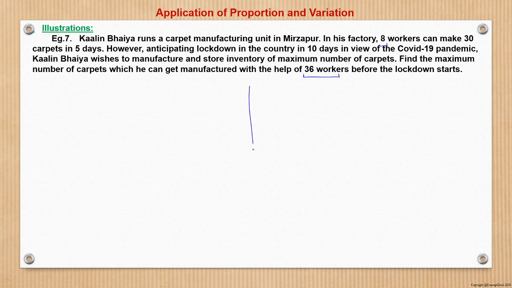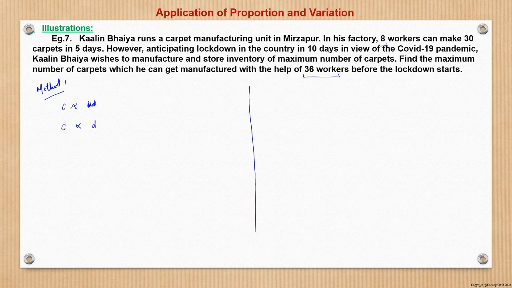So again herein also I go by both the methods. Method 1, we have to find the number of carpets, right? So C is proportional to what? More workers, more carpets can be produced. So directly proportional to the number of workers or manpower, let it be workers W, and then days. More carpets would require more days. So it is directly proportional. Just see the difference here. More carpets we have to produce, so more days would be required independently.